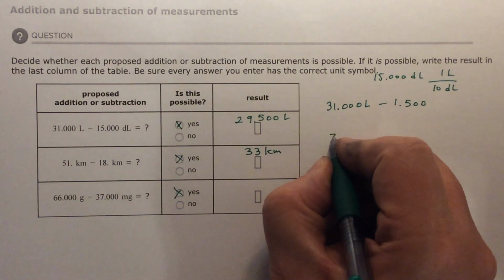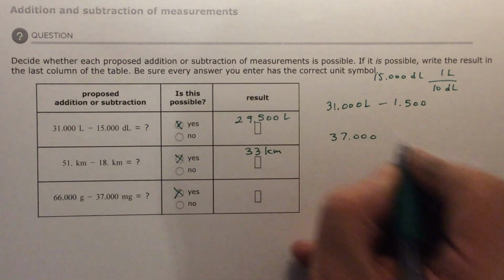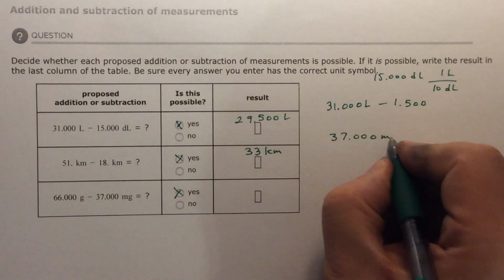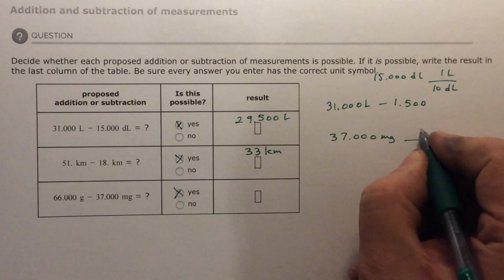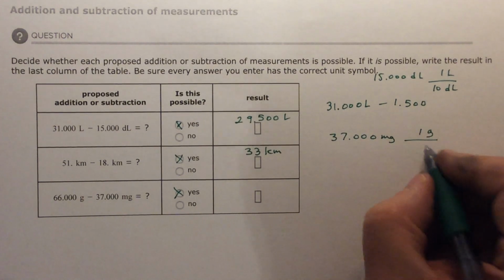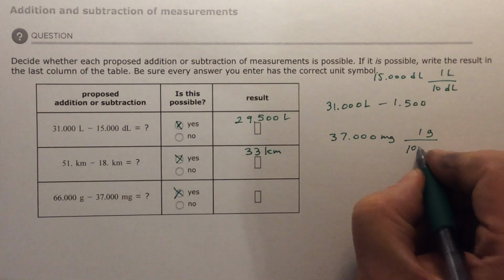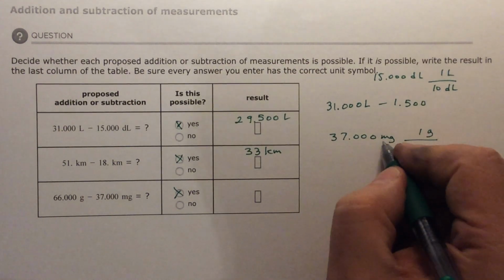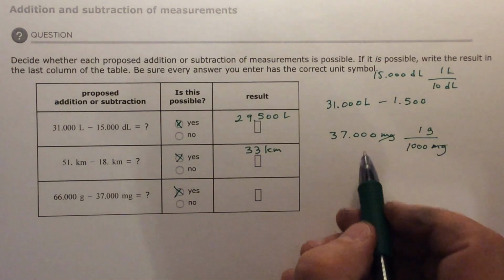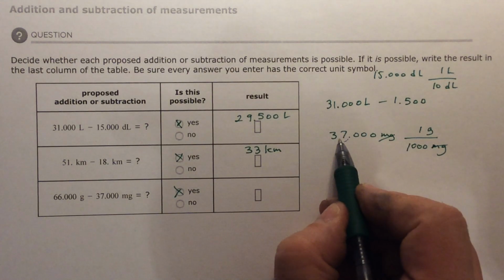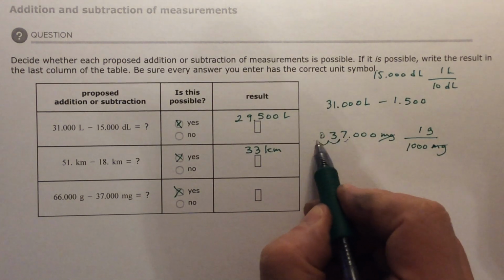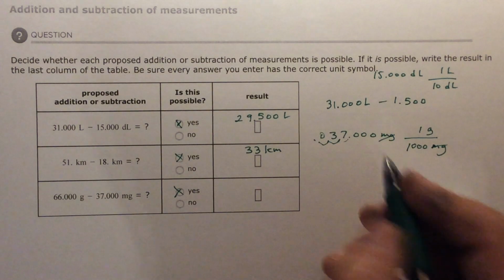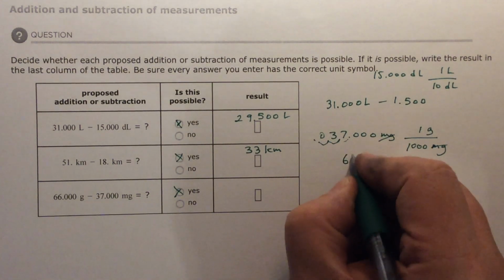So I've got 37 milligrams. In 1 gram, gram is bigger, and milli is 1,000, so there are 1,000 milligrams in 1 gram. Milligrams will cancel. So I'm going to divide by 1,000. 1, 2, 3. Okay, so I have 66